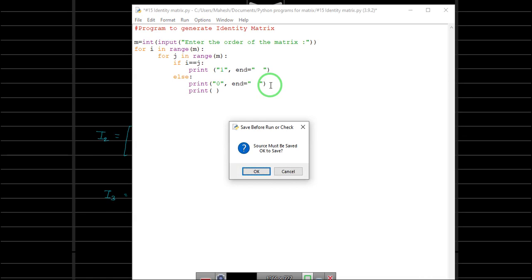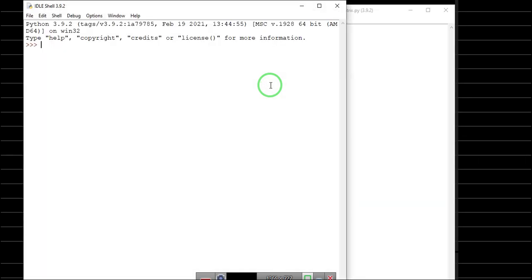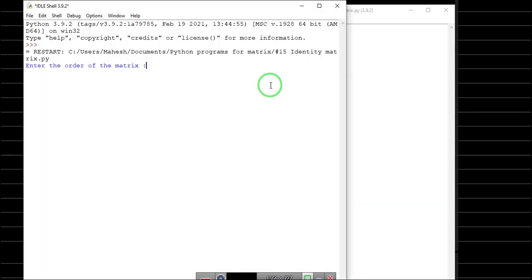Let's print a 2 by 2 matrix. See here, 1 0 0, and now it's giving this 0, this 1 came down, right?